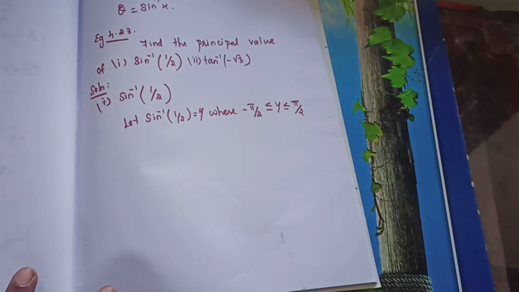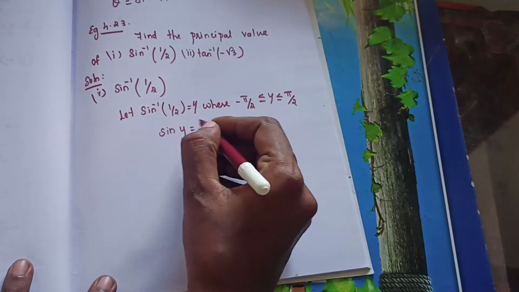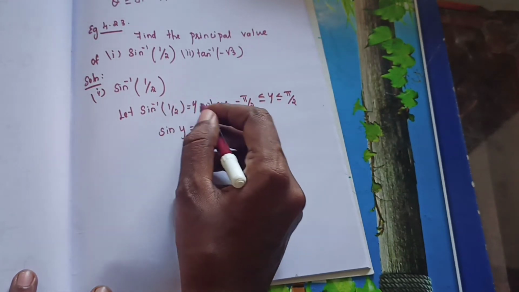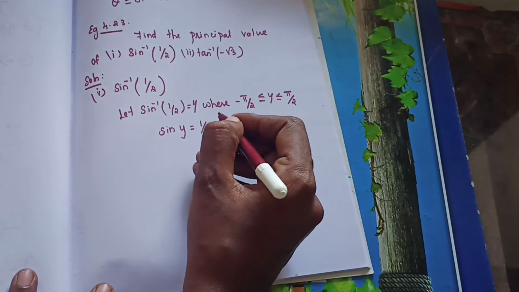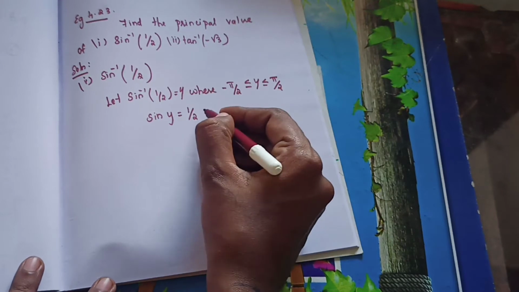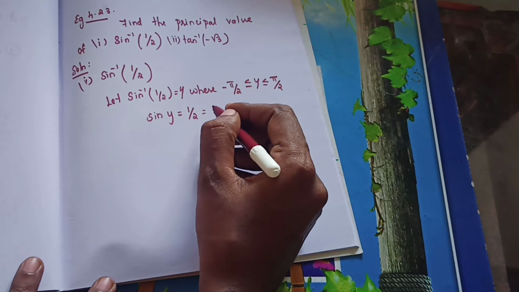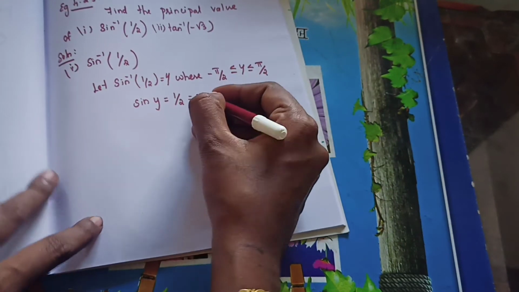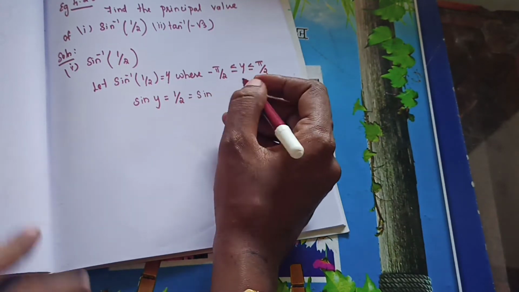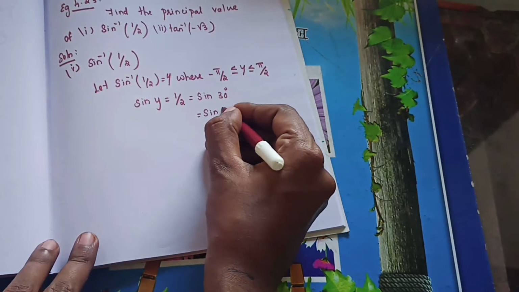Okay, so it's the range. Next, sine y is equal to... so sine inverse of 1 by 2 equal to y means, if you are finding sine y, what will happen? The value is equal to 1 by 2. Okay, sine y equal to 1 by 2. In which angle is it 1 by 2? It is sine of which angle? 1 by 2: 60 degree or 30 degree? 30 degree. Okay, so sine 30 degree. When you are writing in pi, how will you write? Sine of pi by 6.